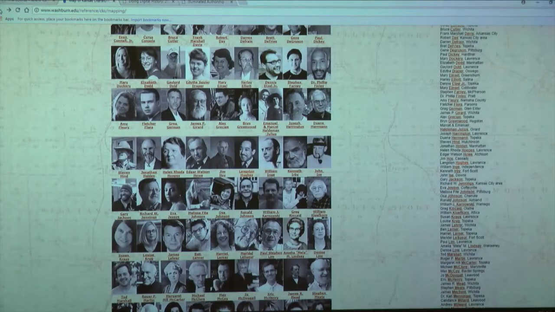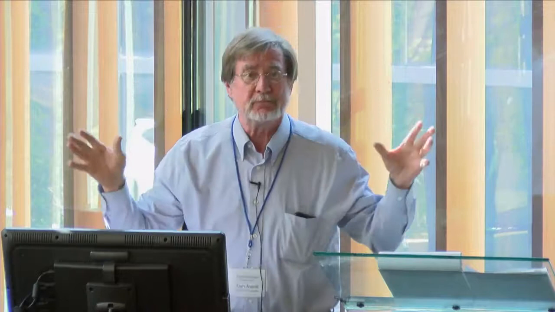The problem with it is that it's not very searchable. So it's a collection of things, just like an archives is, but how do you know what's in it? If someone looks at this, they can see maybe who's black, who's white, who's female, who's male, something about generational, but you can't tell a whole lot about it. If you want to know, were there any beat poets from Kansas? And you wouldn't